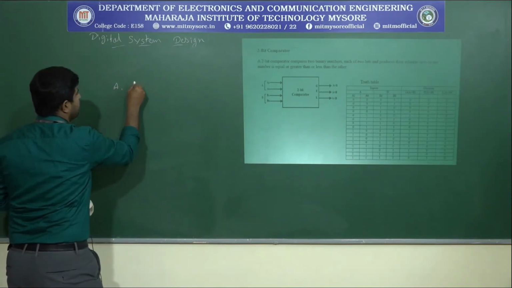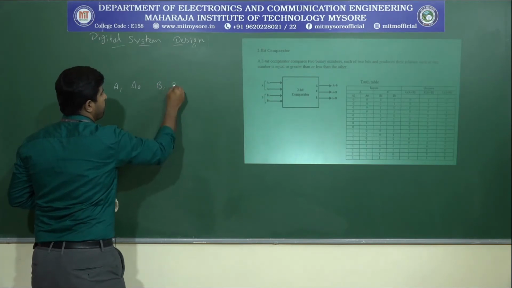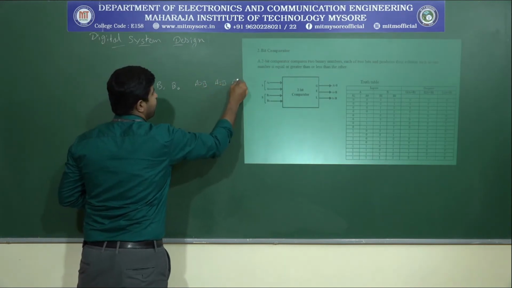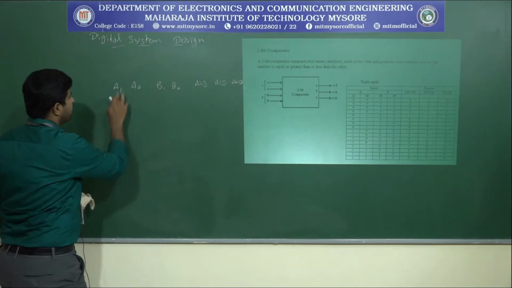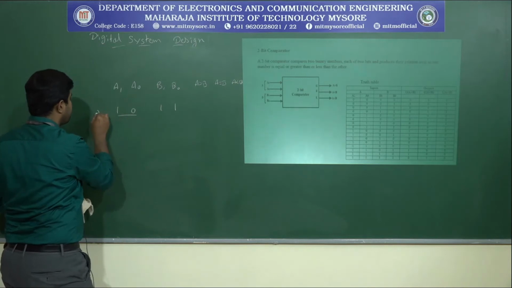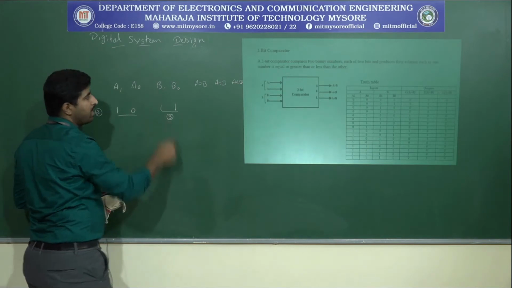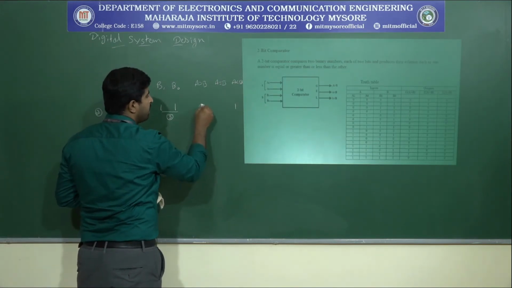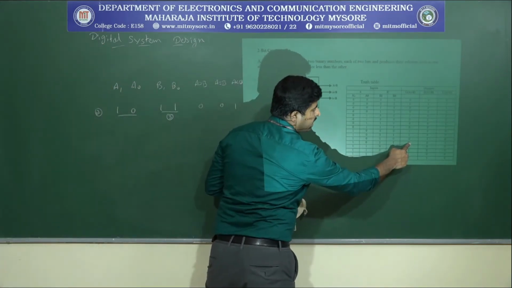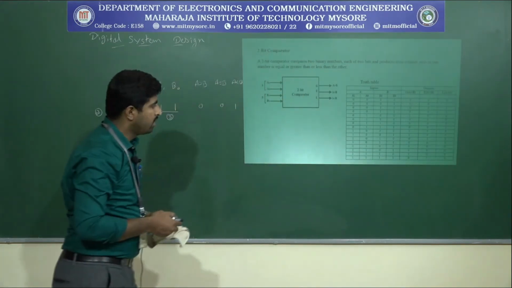Here I will take an example for the explanation. So B1, B0. Here A greater than B, A equals B, A lesser than B. When the input values are 1, 0 and 1, 1, 1, 0 means 2 in binary, similarly 1, 1 is 3. So this indicates A is lesser than B. That means A lesser than B will be 1 and the remaining outputs will be 0. You can see here 1, 0, 1, 1: A greater than B and A equals B will be 0 and A lesser than B will be 1. So this is the row.